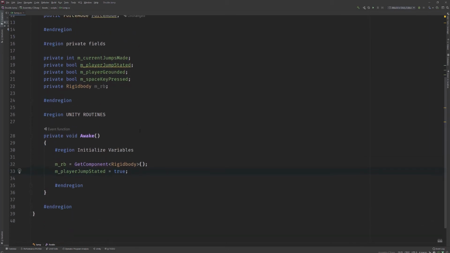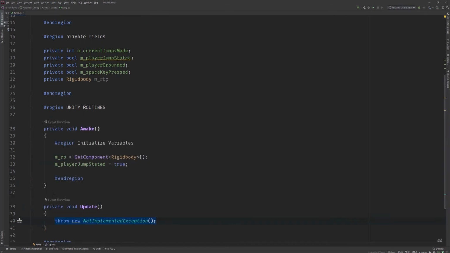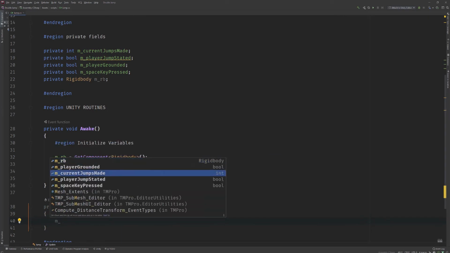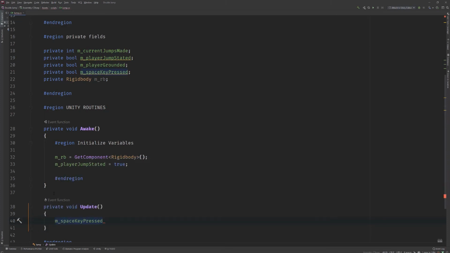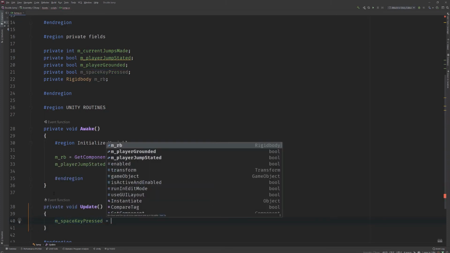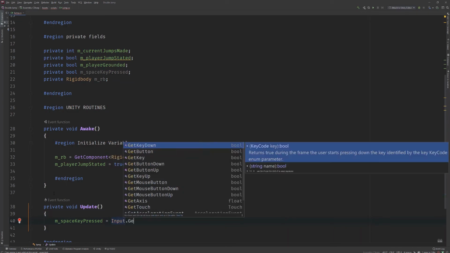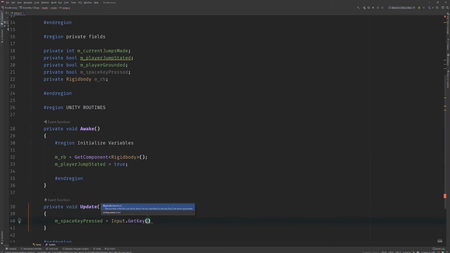All right, we need to go ahead and collect our input, and for this we need the update method. So we'll do update. All right, and our m underscore space key pressed is going to equal to input dot get key, and we're going to use the key code and space, right? So we're going to use the space bar. All right, so just gonna copy this right here,